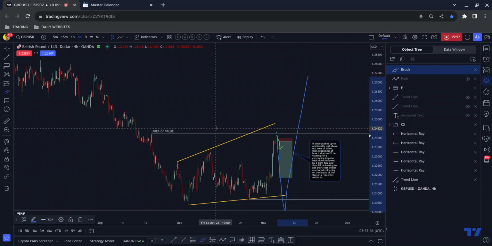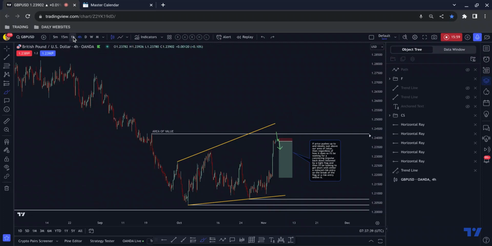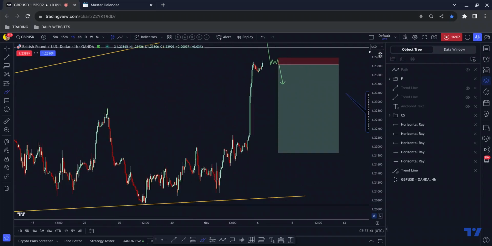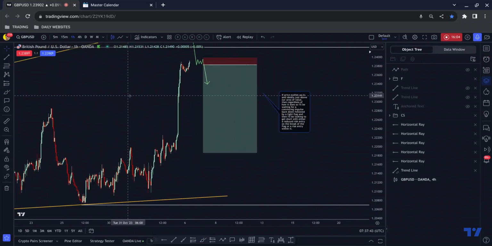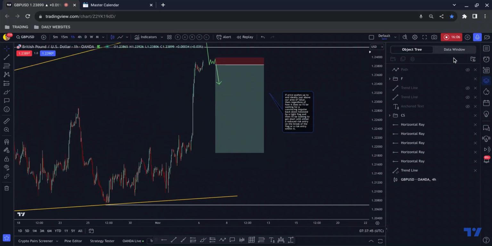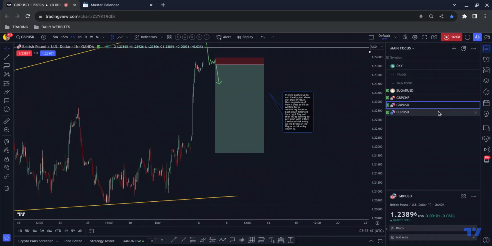Okay, so that is what I'm anticipating. That is the longer term thesis. And if my alert does not trigger today, then I will not be looking to place a trade. So that is pound dollar, and then we have euro dollar